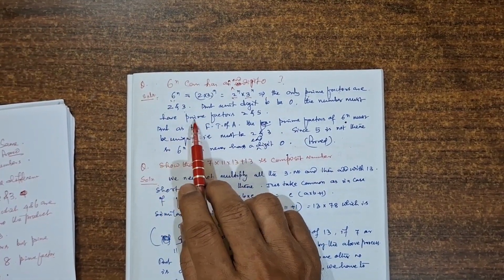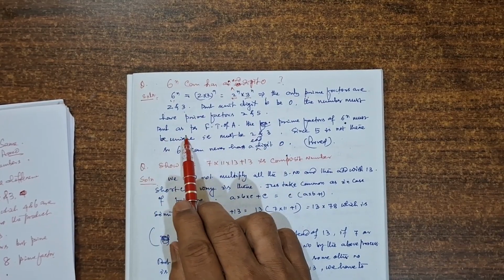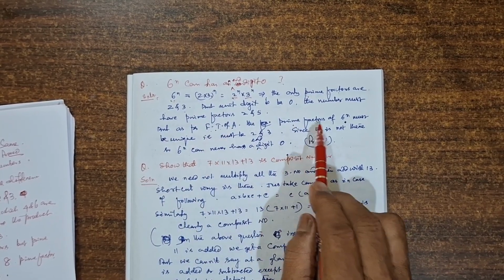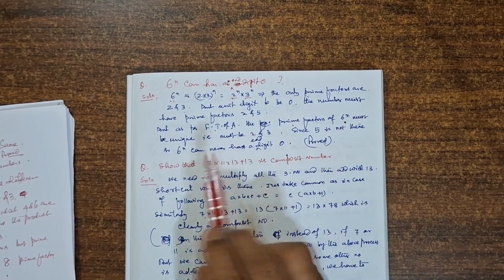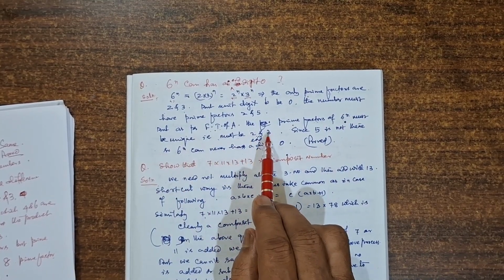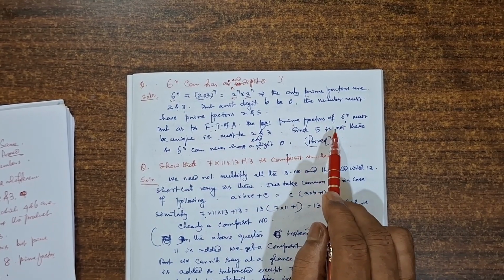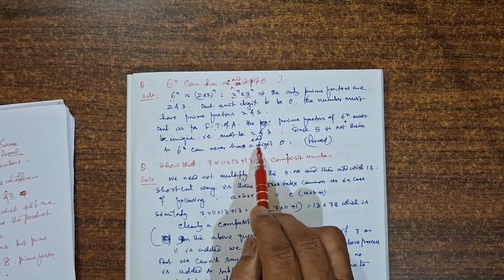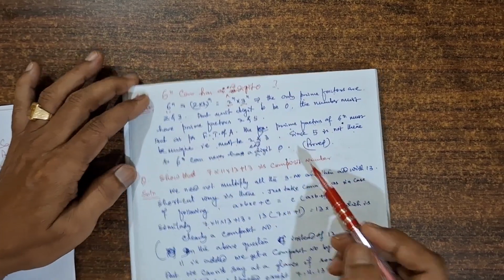So, we have prime factors 2 and 5. But as per the Fundamental Theorem of Arithmetic, the prime factors of 6 to the power n must be unique, i.e. must be 2 and 3. Since 5 is not there, 6 to the power n can never have an end digit 0, because